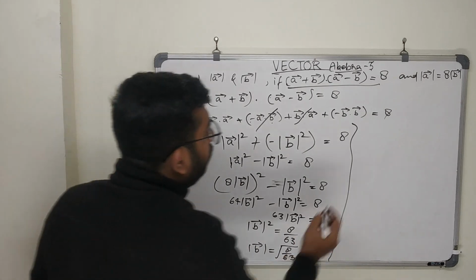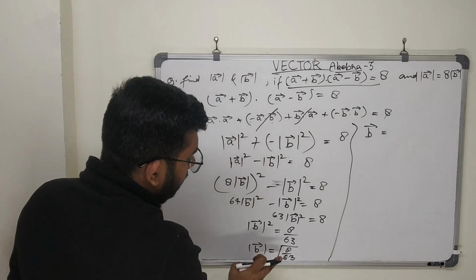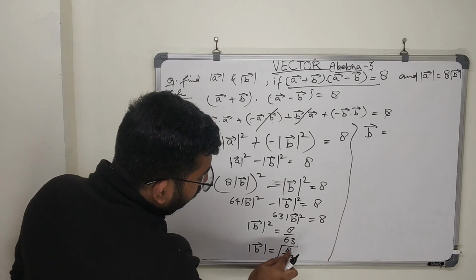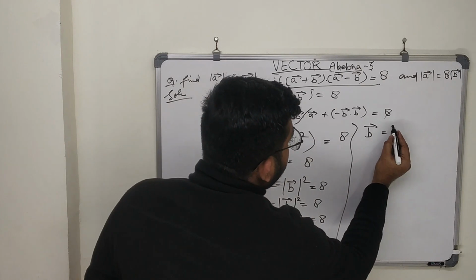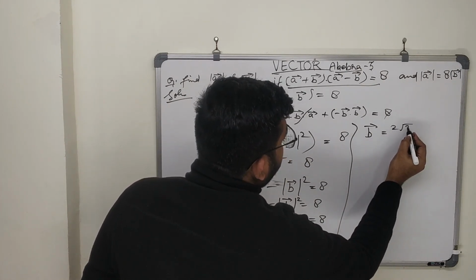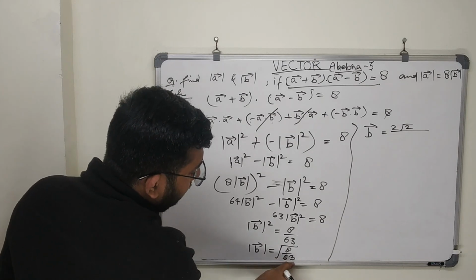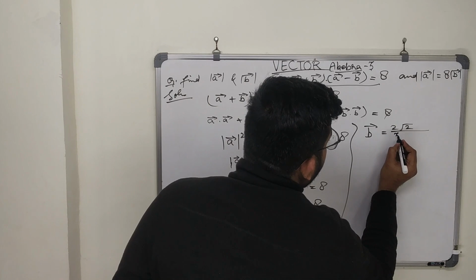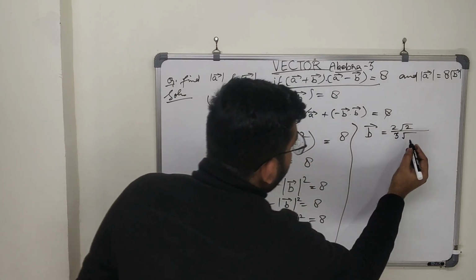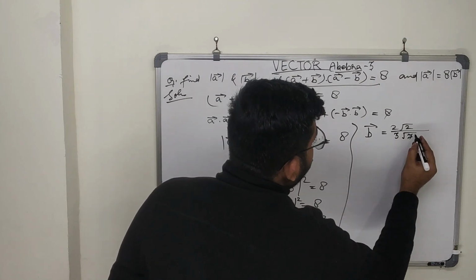इसको सिंप्लीफाई करेंगे और थोड़ा, सो B वेक्टर मैग्नीट्यूड विल बी इक्वल टू, इसमें देखेंगे 2 2 जा 4, 2 जा 8, सो 2 स्क्वायर को बाहर निकालेंगे, दैट इज 2, अंदर 2 बचा अपॉन, सिमिलरली यहां देखेंगे 7 9 जा 63, सो 9 को जब बाहर निकालेंगे दिस विल बिकम 3 अपॉन 7, दैट इज 7 9 जा 63.